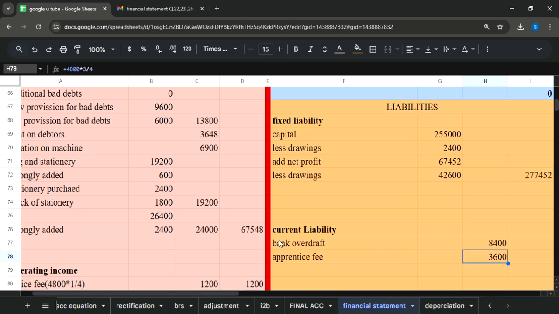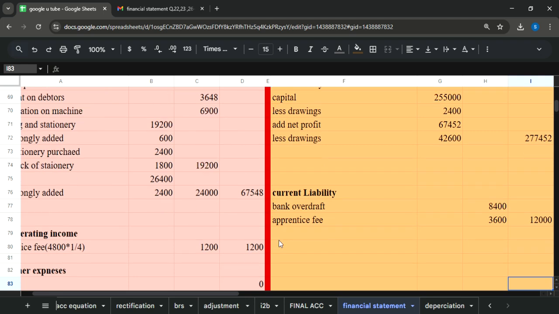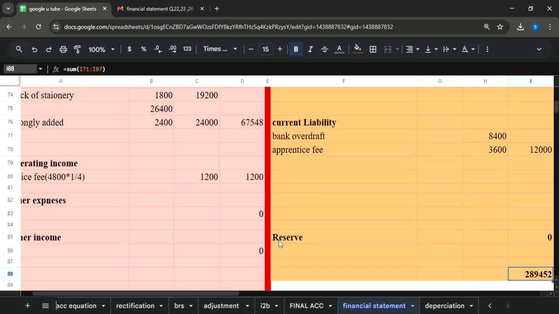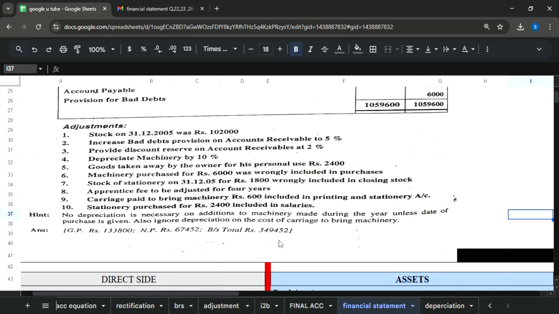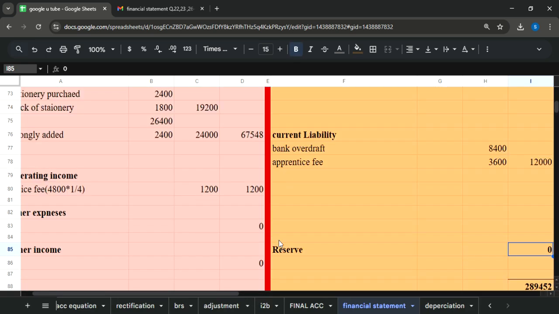Let's now calculate the total of current liabilities. It has also been calculated. Beside this, there is no reserve. It means our liability side is completed,